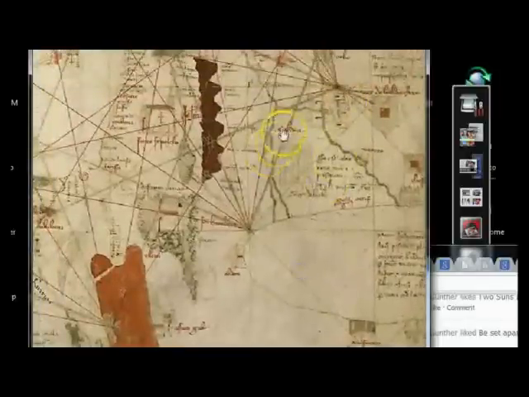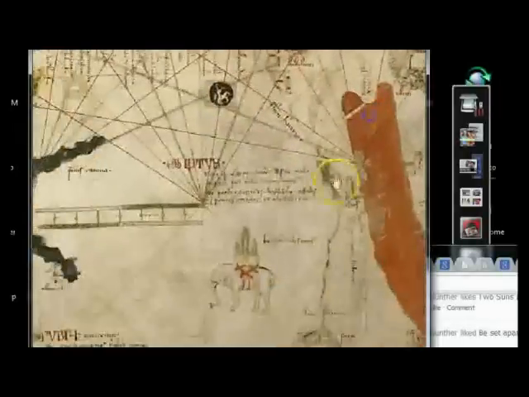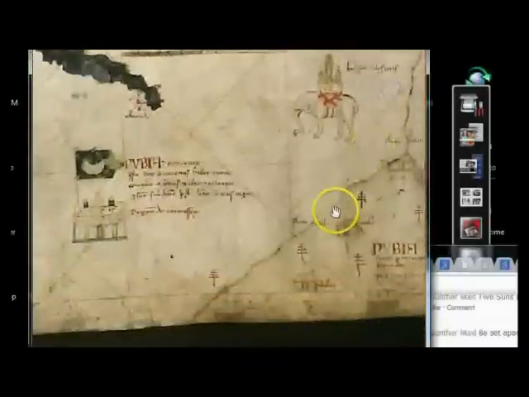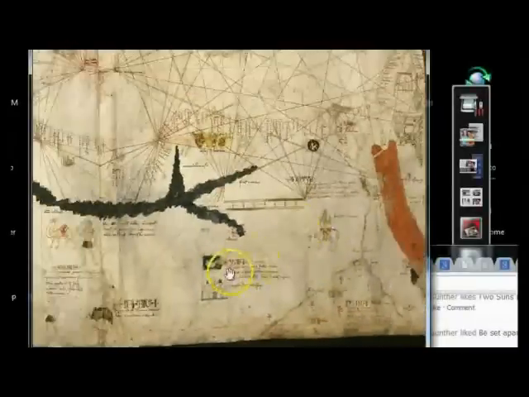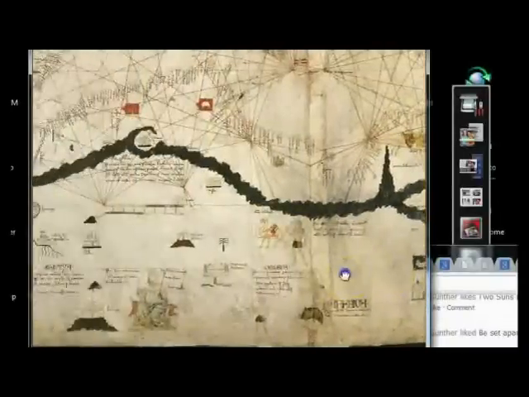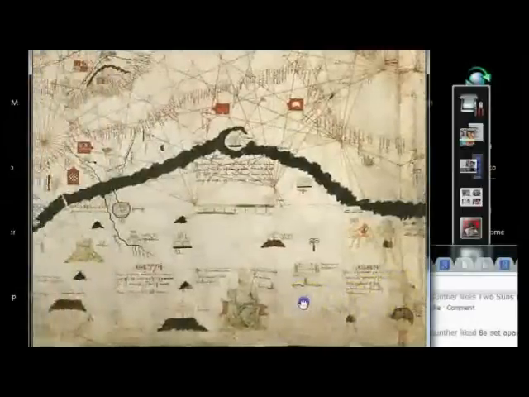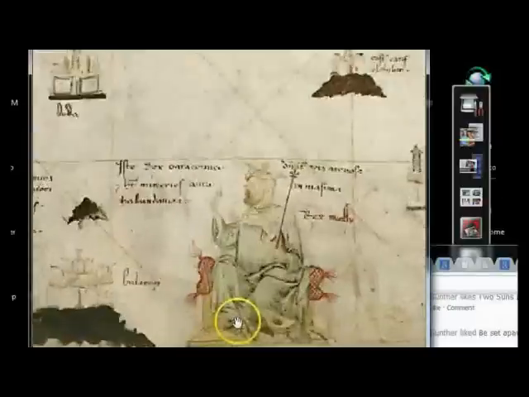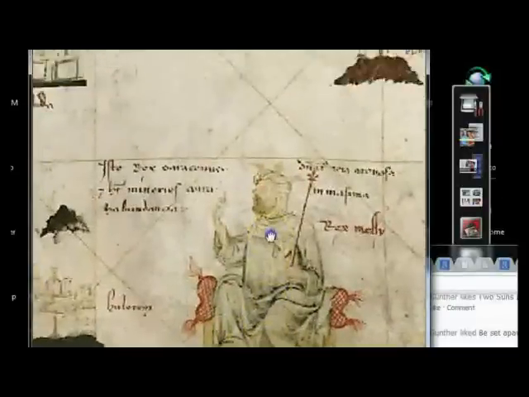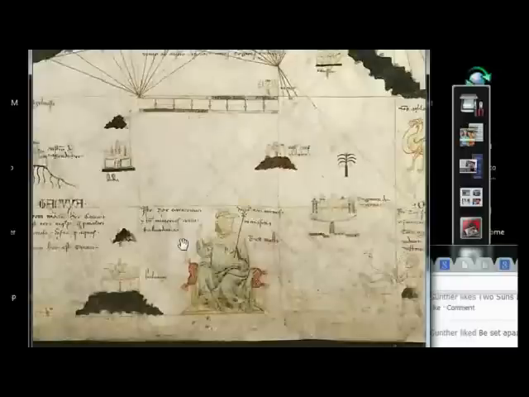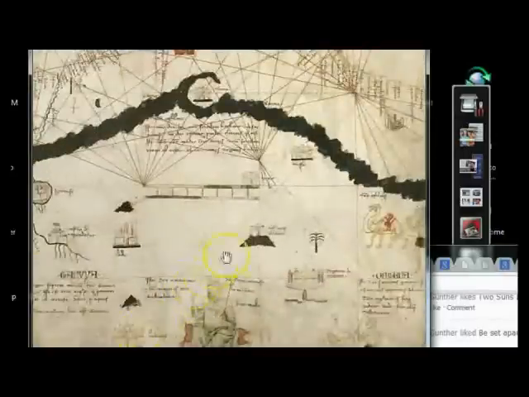Alright, yep, Palestine. Okay. Going back down. Now, important things here. Way down here in the south of Africa, you have this guy. Does he look like an African? And you have all these castles.